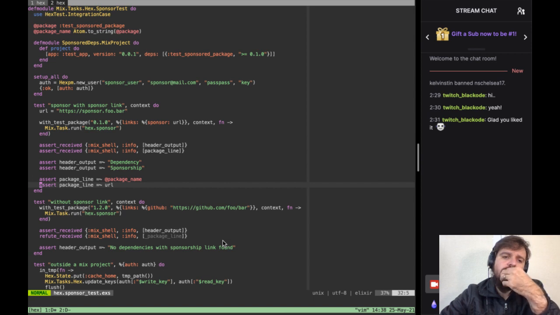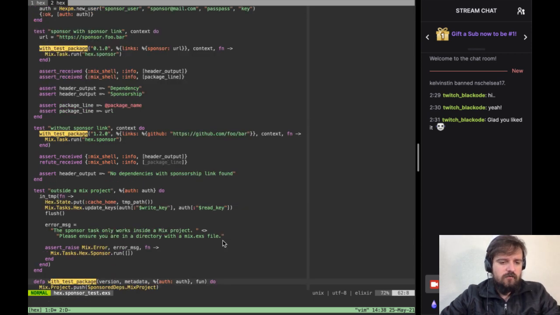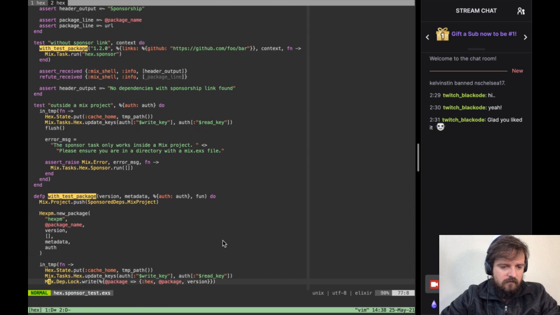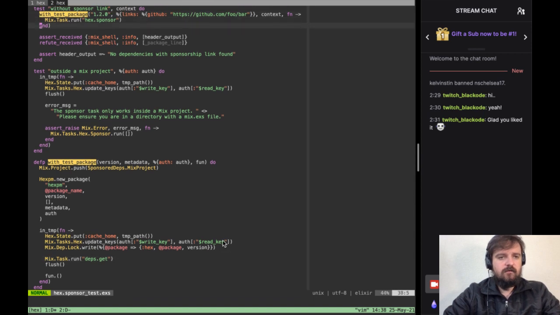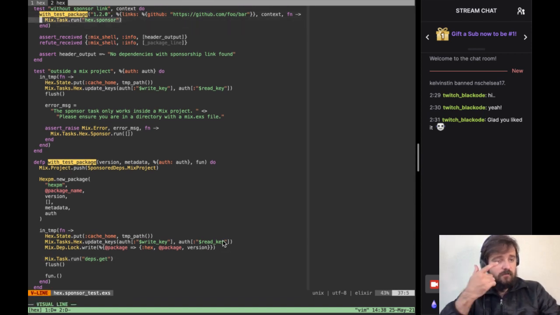Oh, it's printing on mix hex sponsor? Why is that? It shouldn't, because it should actually be flushed here. Mix hex sponsor, this task here, should not download any package, but as you see, this